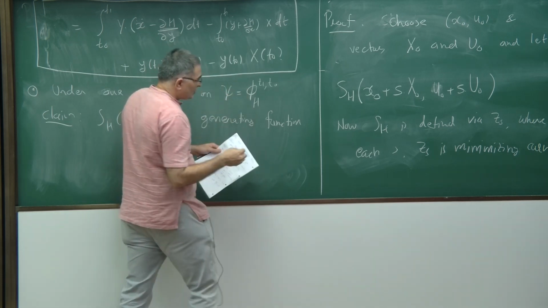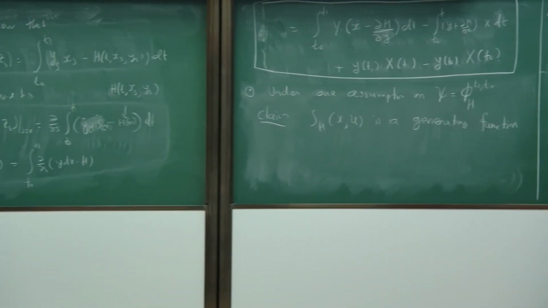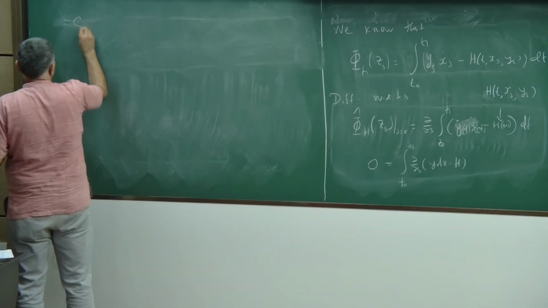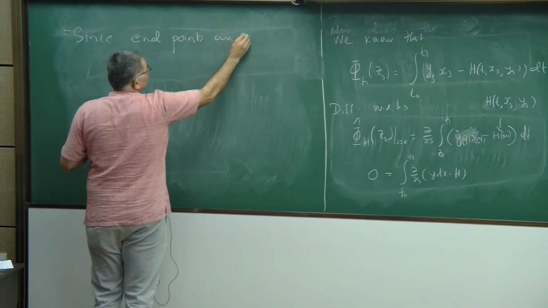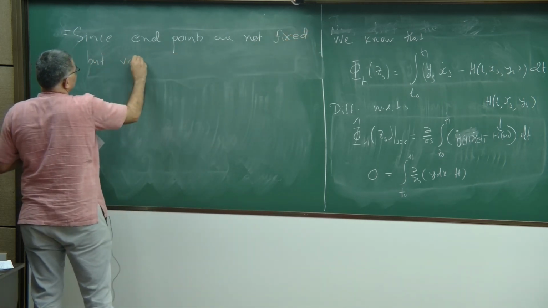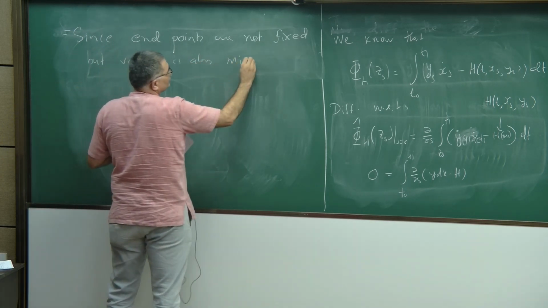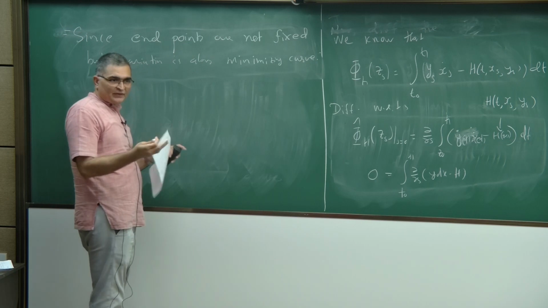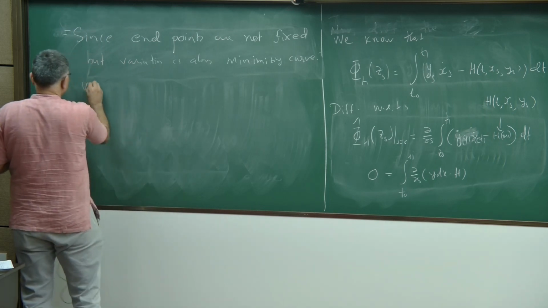You will see that since endpoints are not fixed, but the variation is along the minimizing curve, because for the definition of S_h as a function of x comma u, we are only looking at the minimizing curve. We get that